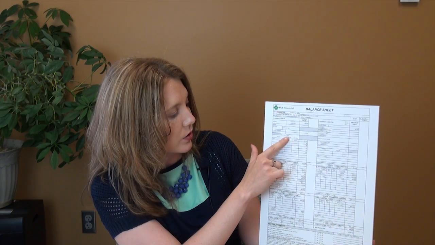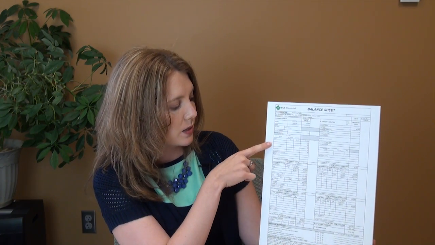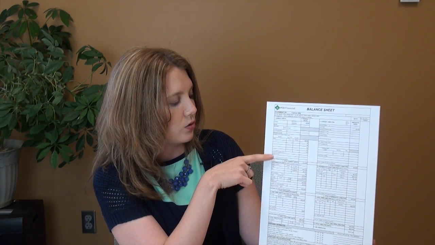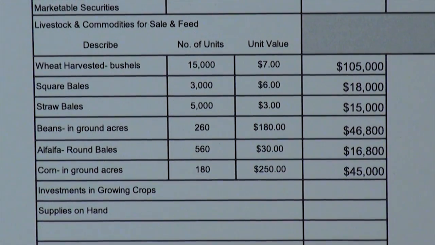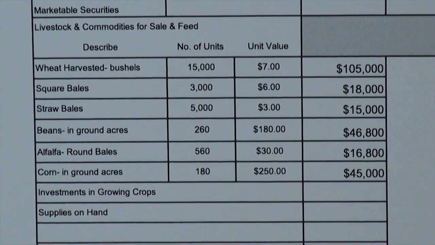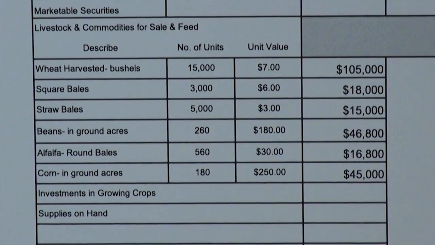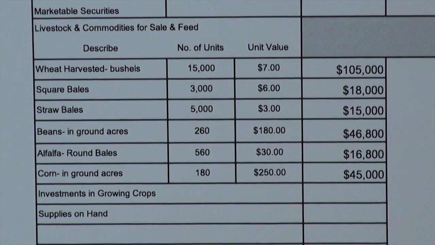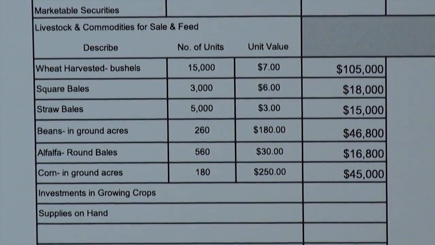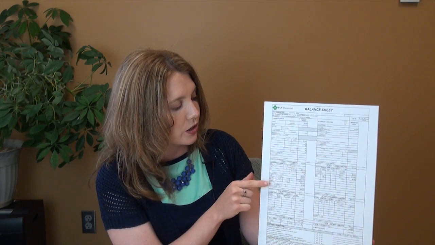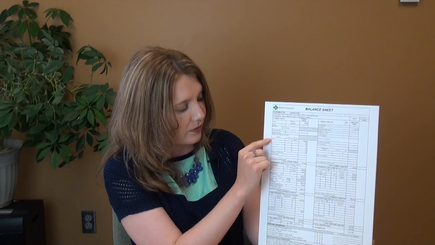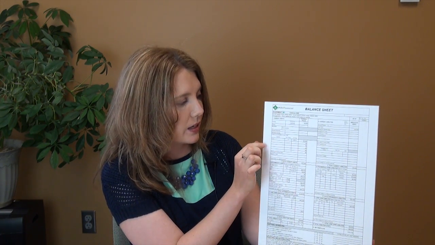Livestock and commodities for sale and feed. This would be where you would put your calves, your hay, your grain that's in the bin somewhere, your interest in growing crops. It seems a little odd sometimes to split a cow-calf pair up, but we do that because you intend to keep the cow, so that should go down here as an intermediate asset. Where you intend to sell the calf, you would put it up here as an easily liquidated item